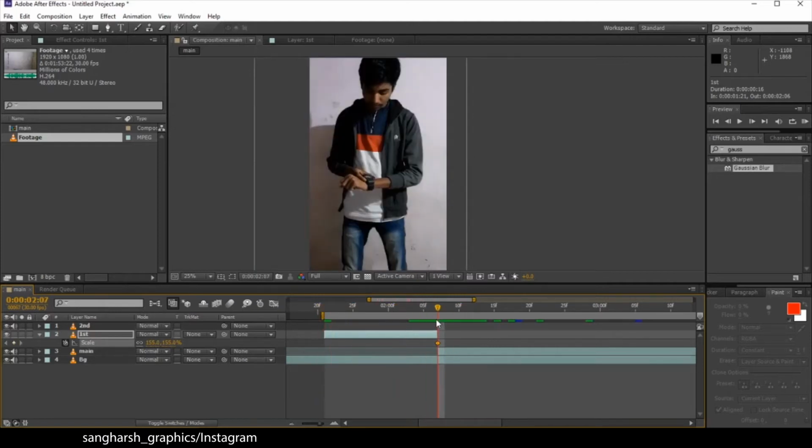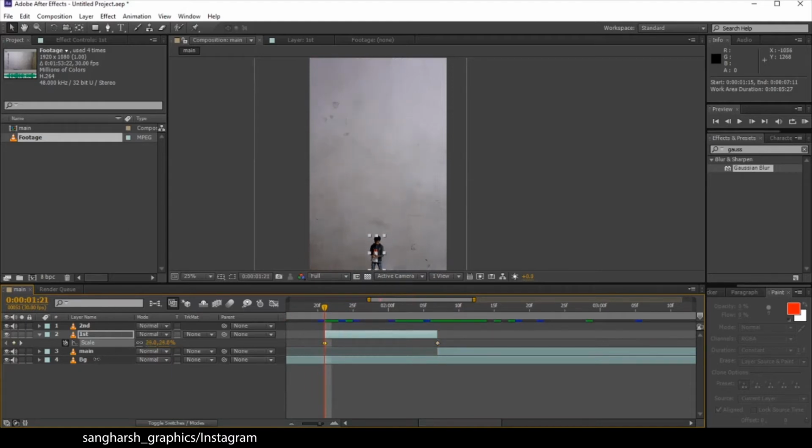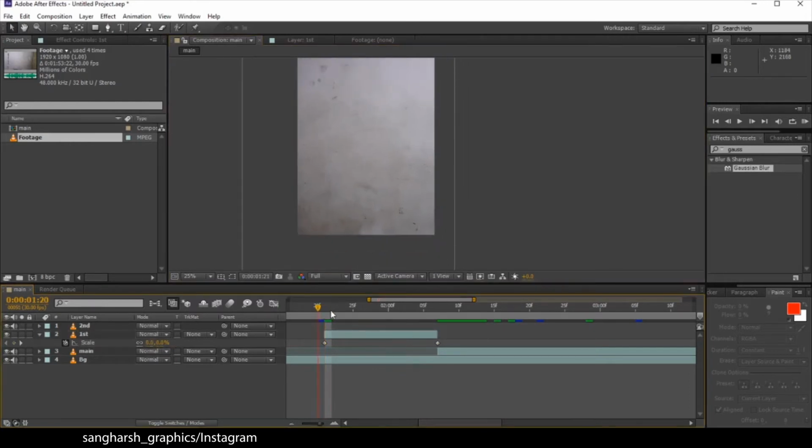Here is 2 seconds. Let's come here at the start and scale it down. Let's make it 0 like this, and now you can see we have a scale in animation here.